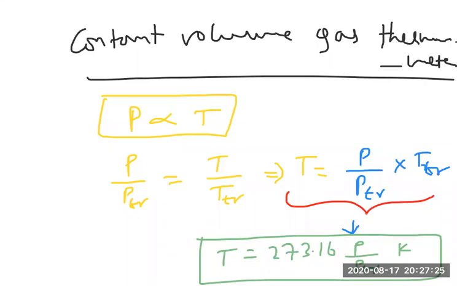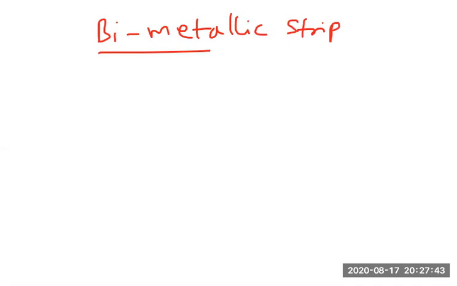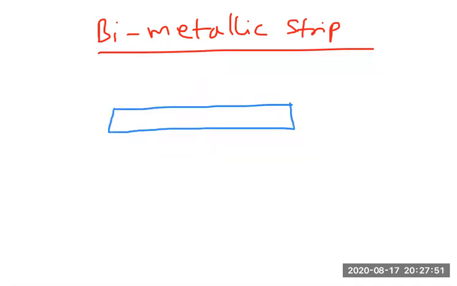And one more piece of information is about the bimetallic strip. In solids, we discussed the bimetallic strip. I think we left this one. You have to know what property occurs in a bimetallic strip. Just observe now. A bimetallic strip means two dissimilar metals joined like this. This is a bimetallic strip.